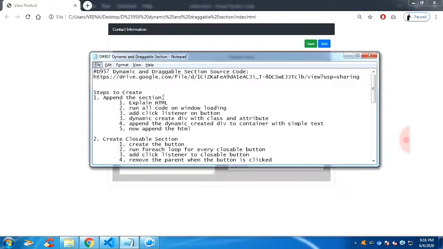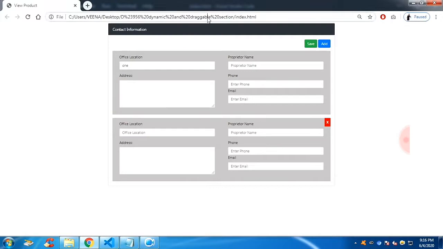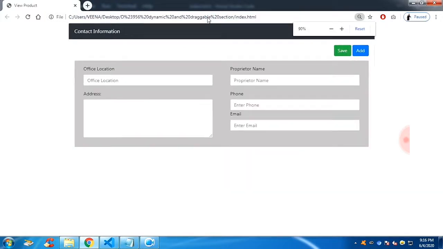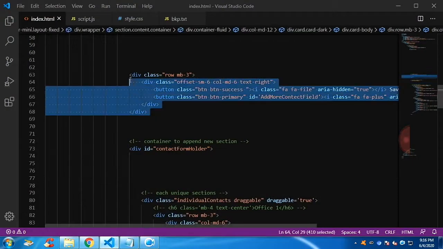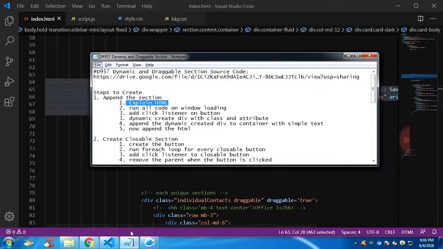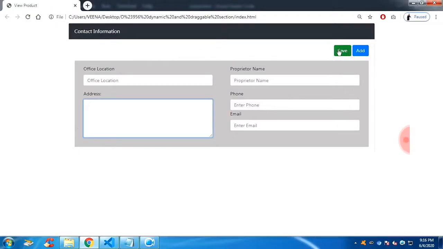So the first is append the section. I'm going to explain the HTML. You can see we have two rows. The first row has buttons and the second row has the input field. This is a row with buttons. We have a save button and we have an add button,